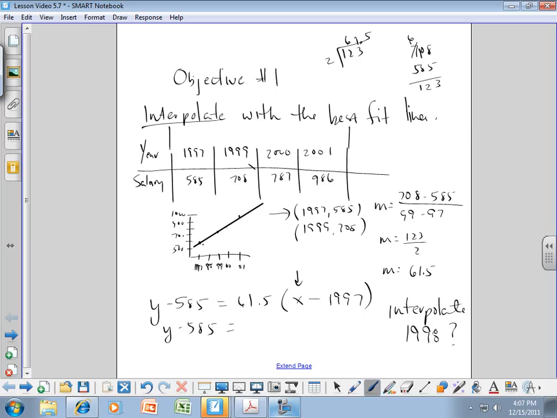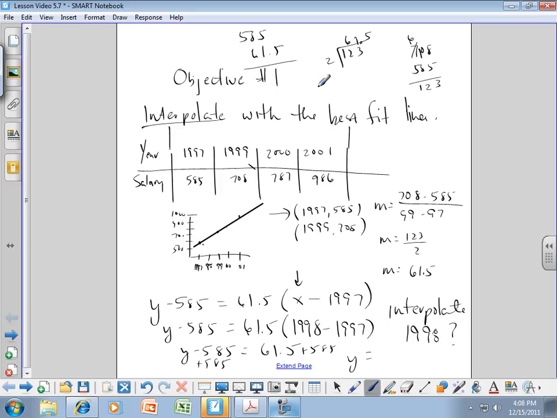So y minus 585 is going to equal 61.5 times 1998 minus 1997. That's y minus 585 equals 61.5. What's 98 minus 97? That's 1, isn't it? And what's 61.5 times 1? 61.5. So all I have to do to get my final answer is add 585 plus